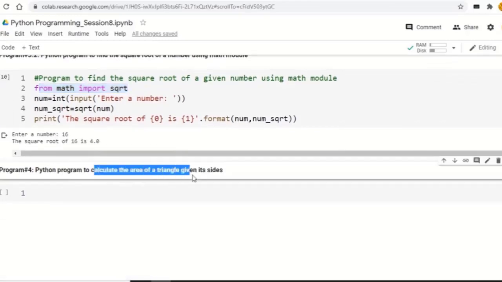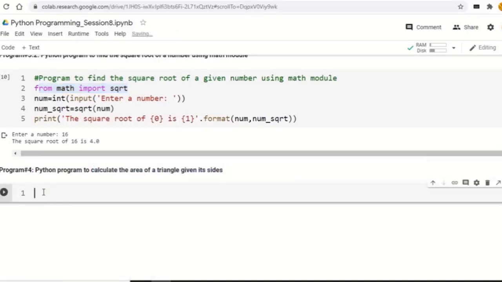So now is the last program, to calculate the area of a triangle. We are going to use Heron's formula because its sides are given. For a right angle triangle, you know that if the base and altitude are given, you can find the area of that triangle by using half into base into altitude or height.